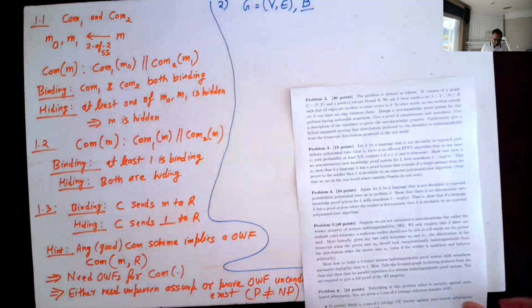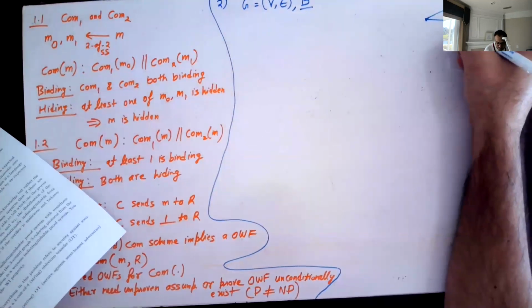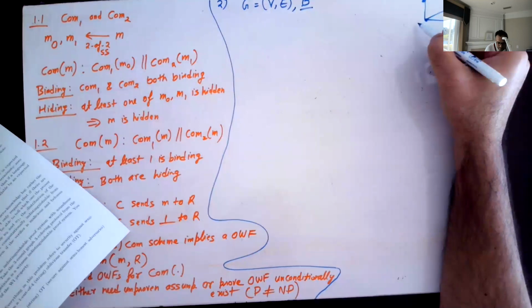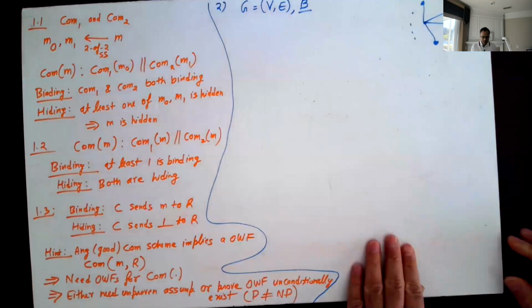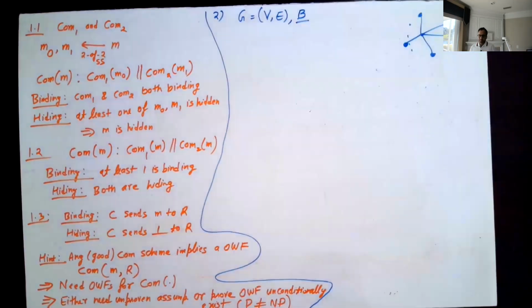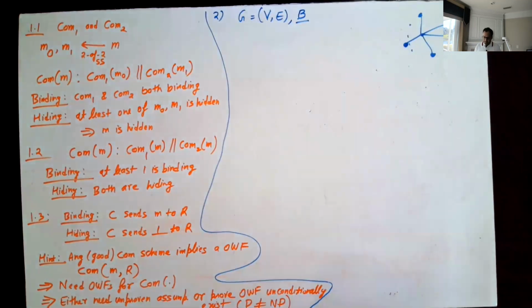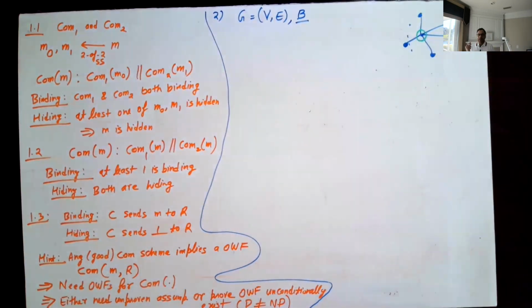And maybe I should take an example. So let's look at the star graph. So here we have a node in the middle, and basically every other node is connected to that node, and that's the whole graph, nothing else. So what is a vertex cover in this graph? So here we can have a very simple vertex cover, which is just this vertex in the middle. So we have a vertex cover of size 1.